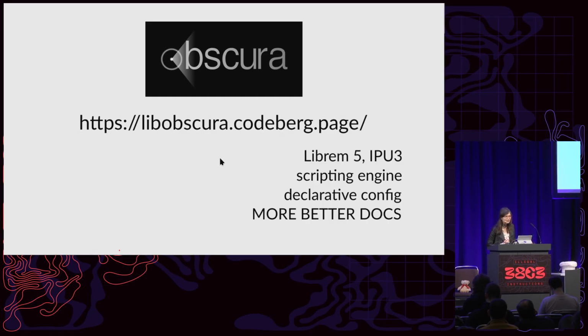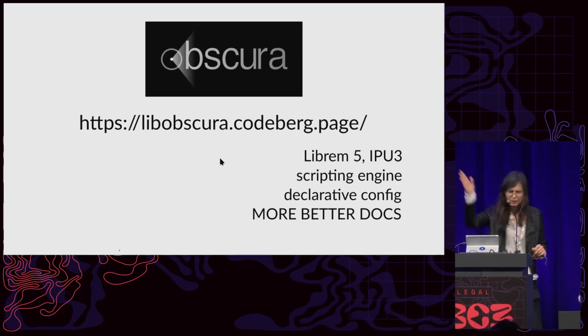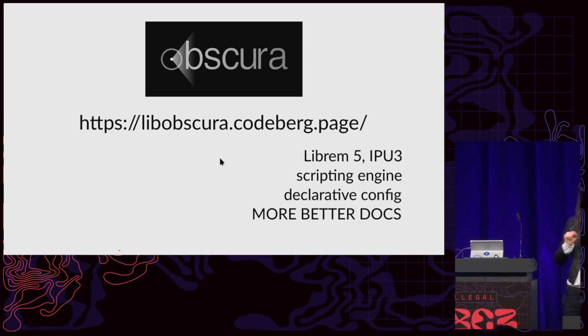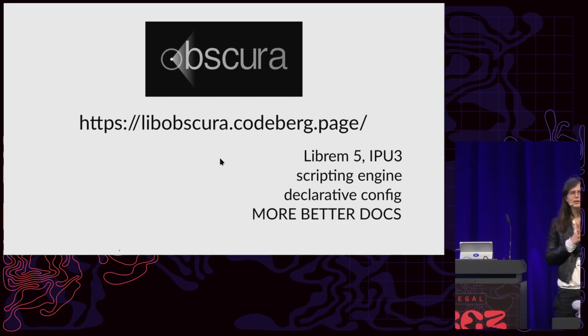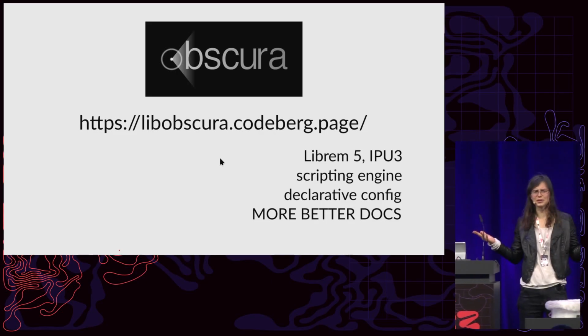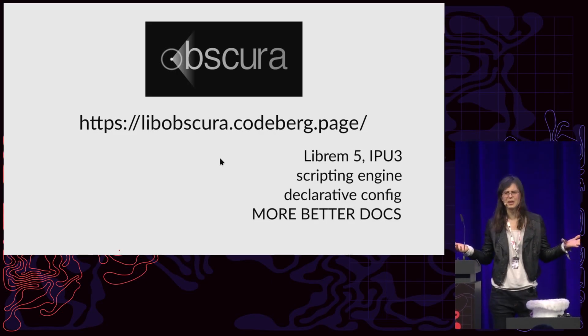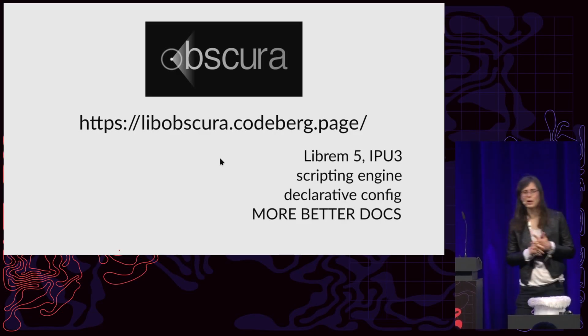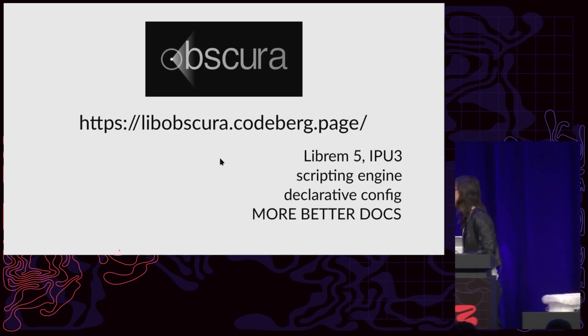So what do we want next? I want to add support for the Librem 5, which is my only smartphone. Also for this laptop, because I think it's cool to have a laptop with a nice camera. Better documentation, of course. And a scripting engine. OK, this is a funny one. It's kind of an experiment, again, within an experiment. What kind of a scripting engine? What do you need to script a camera library for? And what kind of a language would I use? Any guesses? Lua, Python? No, that's easy.